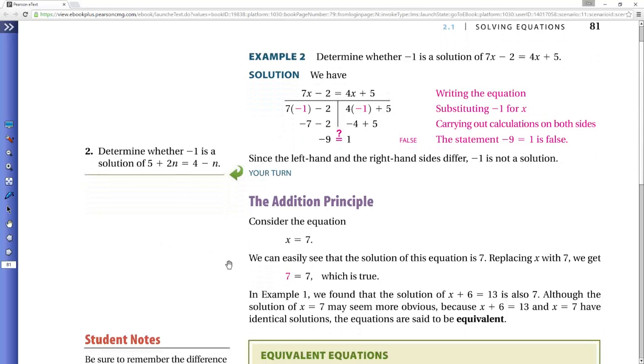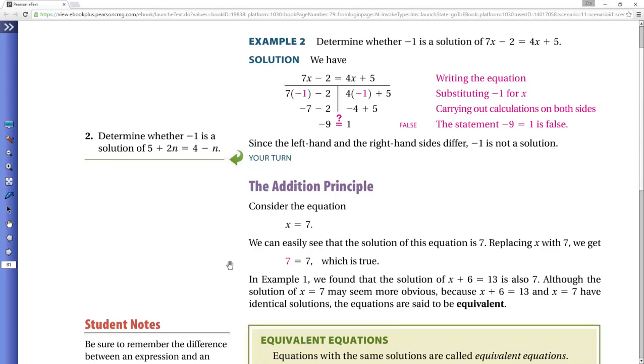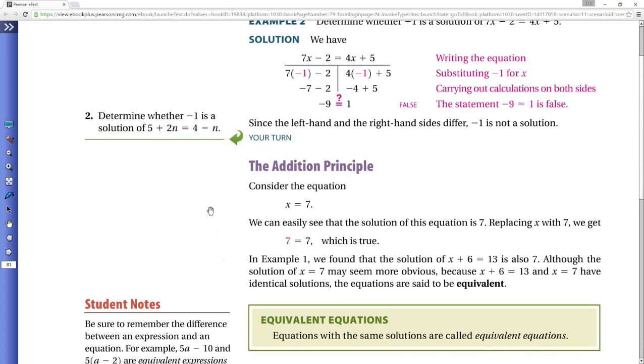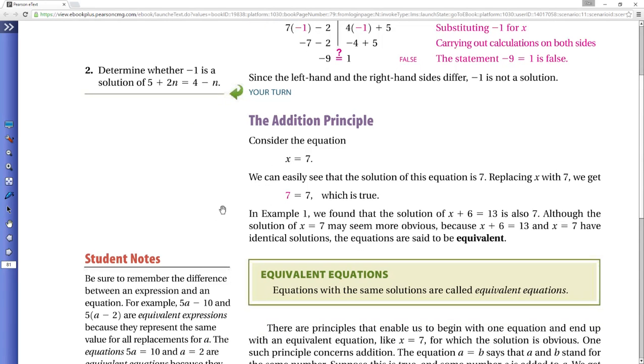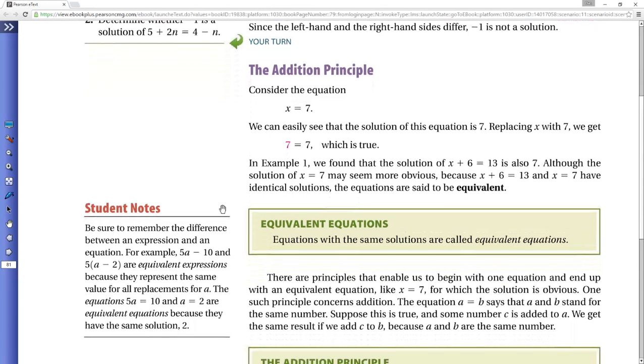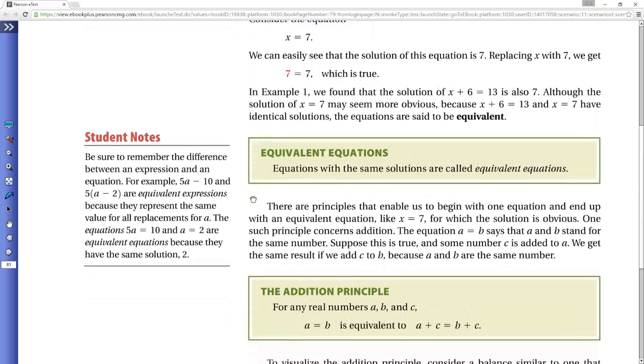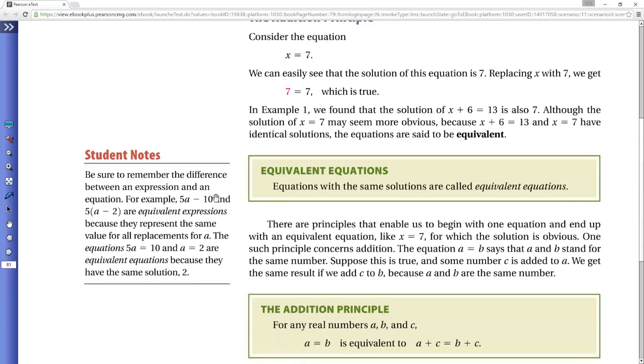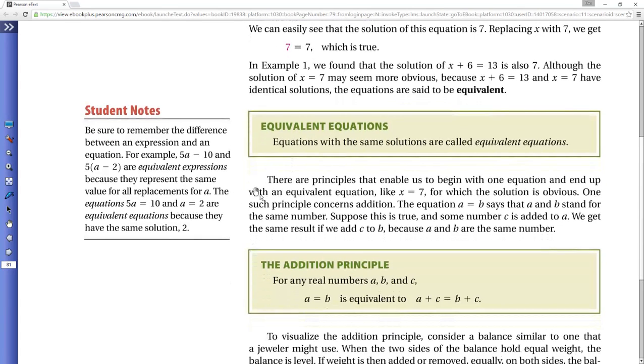Now, to solve equations, or a short way of saying find the solution to this equation, we get these principles that we can do. It's kind of like a balance scale, that we can add any number to both sides of the equal sign. If I put 2 pounds more on each side of this thing that's balancing, it'll still balance. So we can basically create equivalent equations,